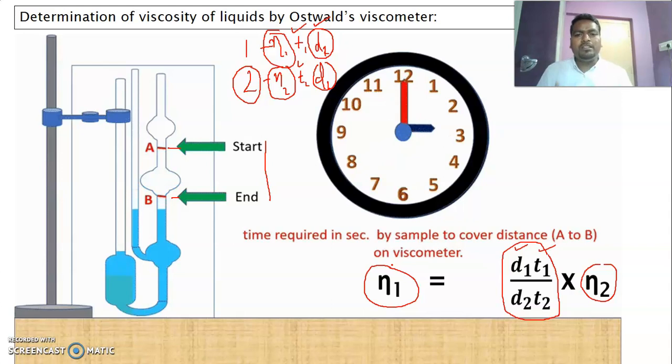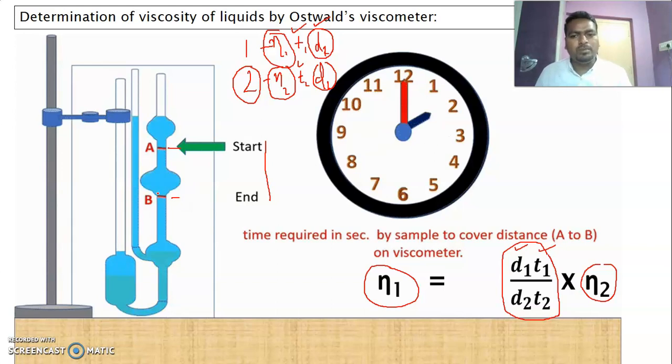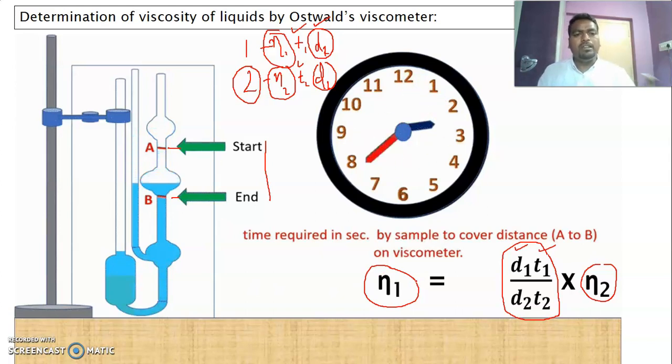We measure the time by using the Ostwald viscometer. First we suck the solution, and then we allow the liquid to pass through this viscometer. Then we measure the time between A and B, and we measure the density by knowing its mass, that is by weighing, and by measuring the volume in a calibrated device. If you know the mass and volume, you can easily calculate density. If you know density and time, you can easily calculate eta 1, that is the viscosity coefficient of the liquid.